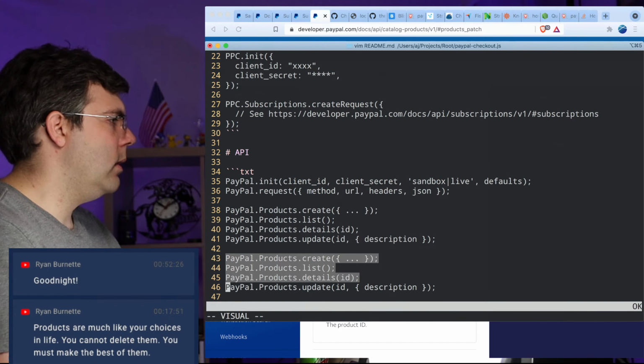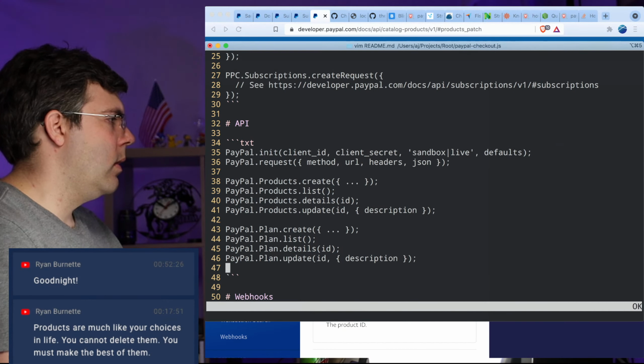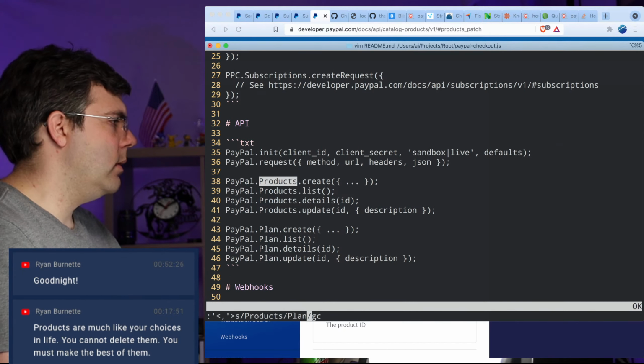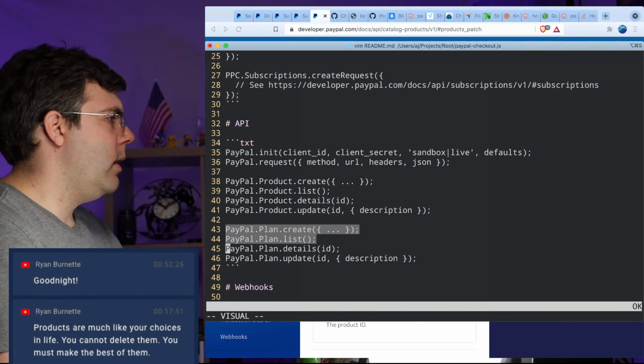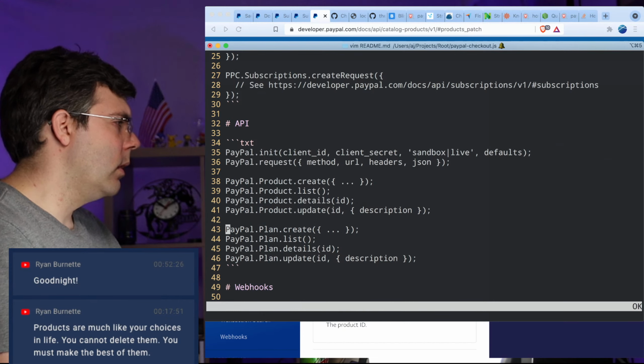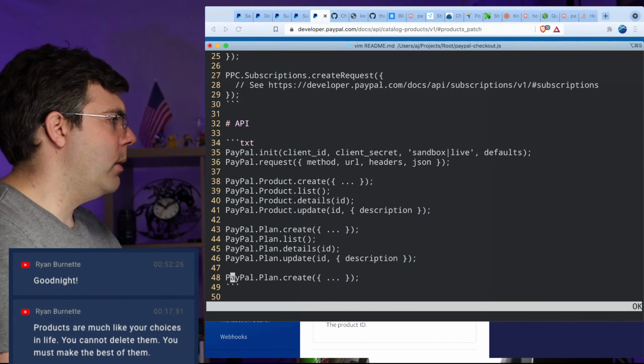So if we just take this and do products, plan, okay, that's all the same. And then this actually should be product. And then I guess I should go ahead and implement this for subscription.